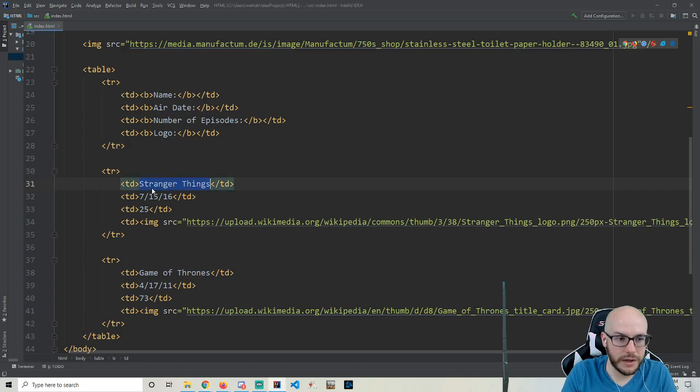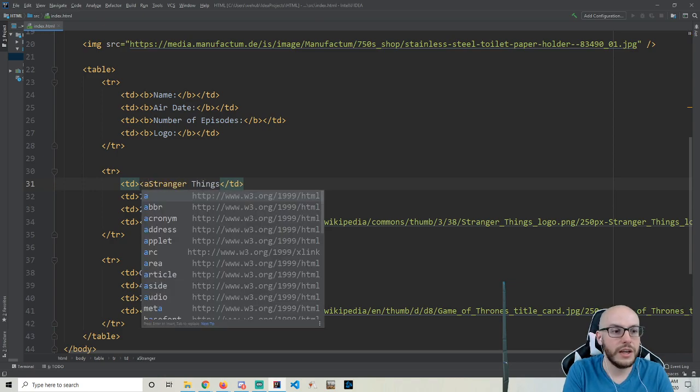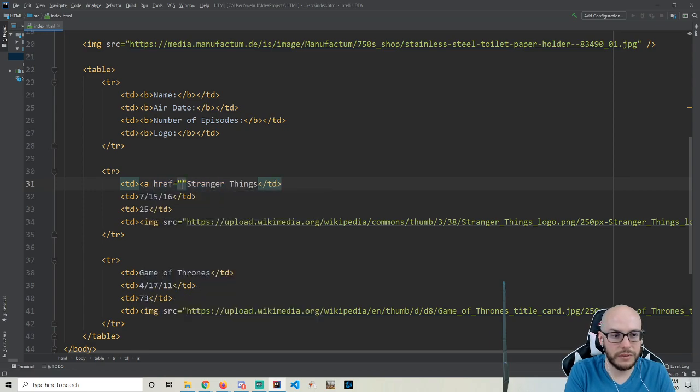Once I have it copied, I'm going to come back in here and I want to wrap this text, this content, in a set of HTML tags. And that is the tags to link it. Now, this is a bit strange, but it's strange. This is going to be a href and then the link itself. Right, the tag to link is a and then href. So this is the link tag, and then this is saying this is the source. This is what do you want to link this to, and then we need a closing a tag to basically